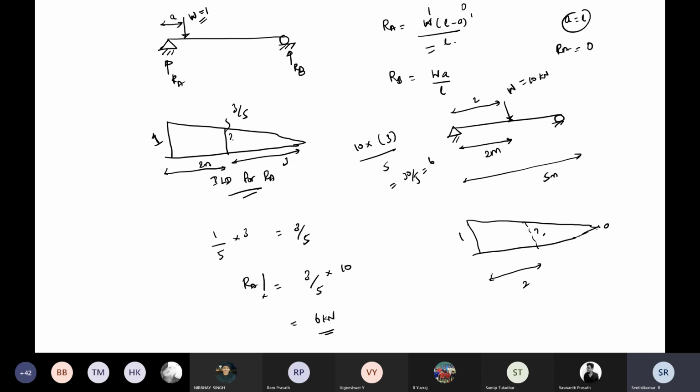So I don't want to use these equations to find the RA value. I just want to know the ILD, the influence line diagram, for RA only. If you know that, wherever I apply the load, I can easily find out the ordinate from the ILD, multiply it with the corresponding load, and find the RA value. I will say again that I am just developing the ILD for RA.